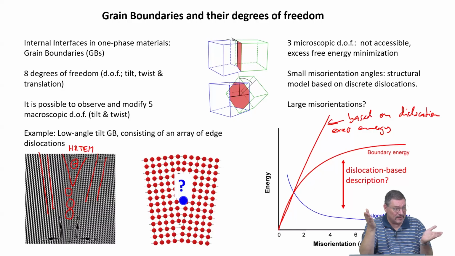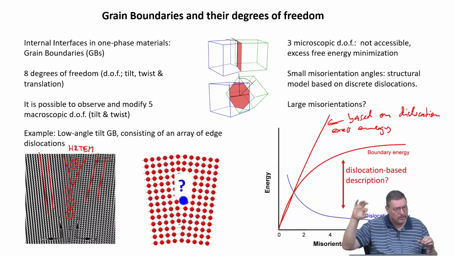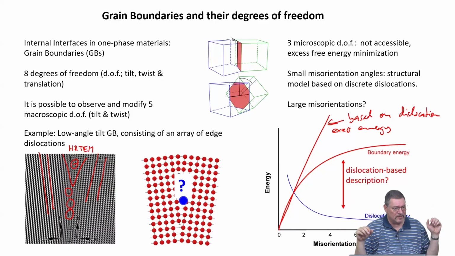the name already says, right? It's coherent because all the lattice planes connect to the other lattice planes. There is no excess volume, almost, just a little bit, and it means that the excess energy density of that boundary is almost nil. And there are no dislocations because it's coherent, right? So in terms of the energy calculations, this is why in EBSD you should always look for the fraction also of the twin boundaries, because they should be taken as zero in excess energy contribution.